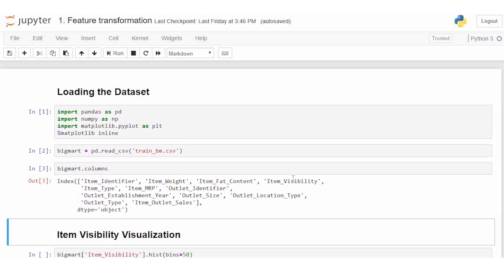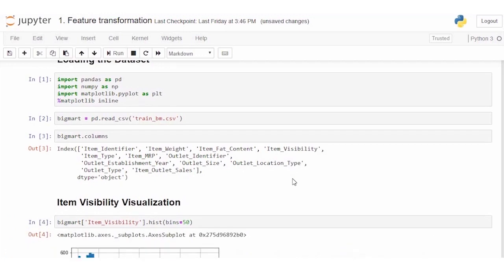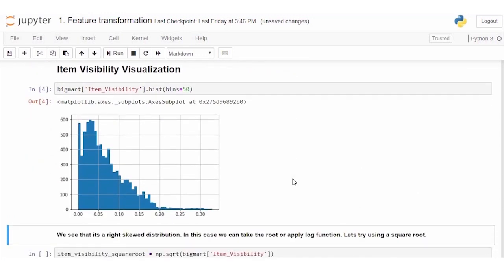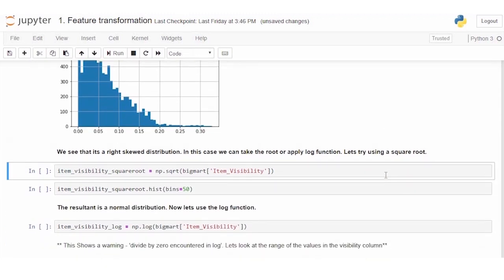So let's go ahead and look at the distribution of the item visibility feature. Here's the distribution plot or the histogram plot for the feature. As you can see, this is a right skewed distribution. Let's take a square root of this and check the distribution again. So we'll create another variable, item visibility square root, that will store the square root value of this variable.